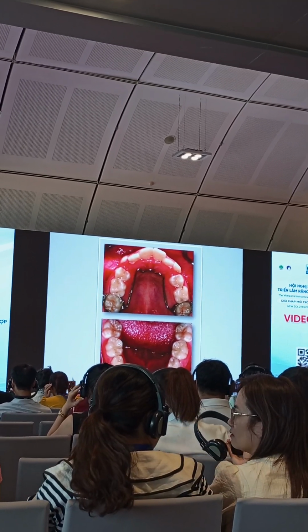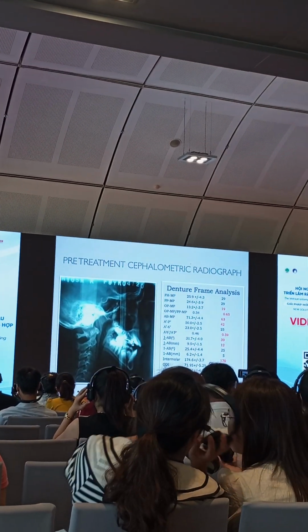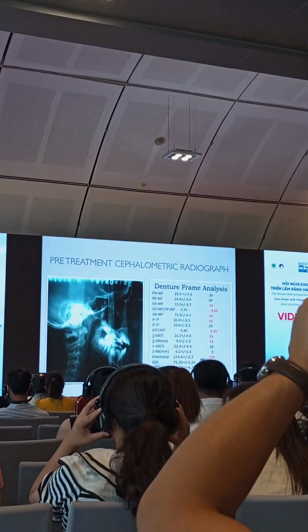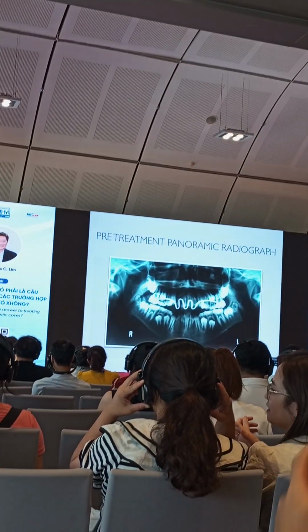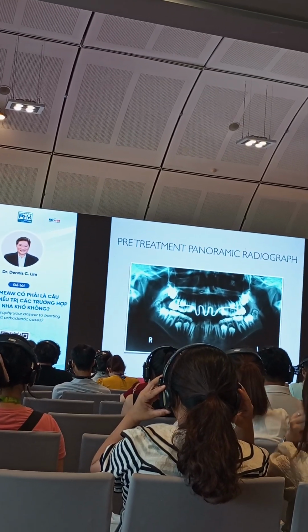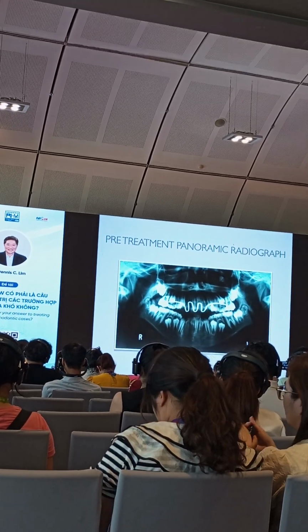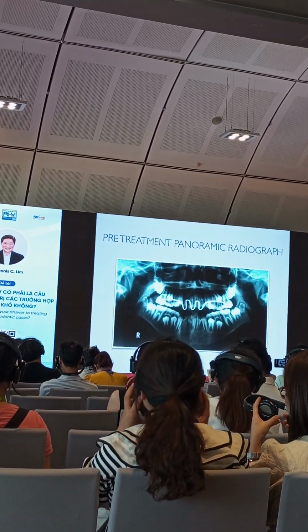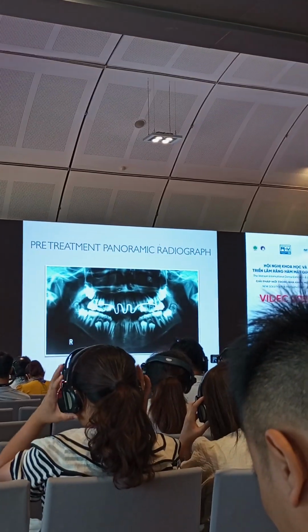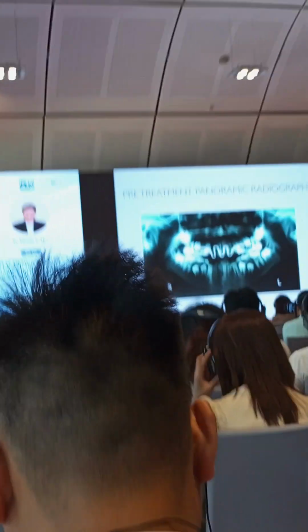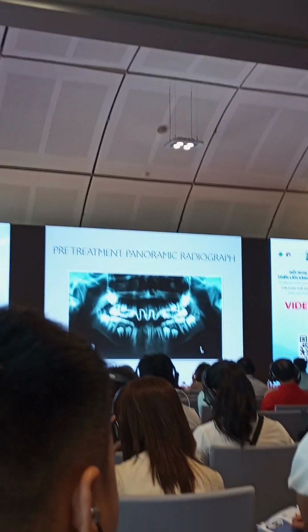So in the cephalometric, you can see the open bite tendency, with the 64. The patient is a class 1 open bite case. This is the panoramic radiograph, with all the teeth present, and all the third molars are also present. So when the patient came, our decision is to do fixed braces right away. We remove the tongue clip,